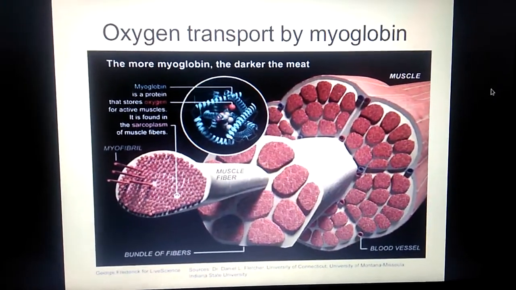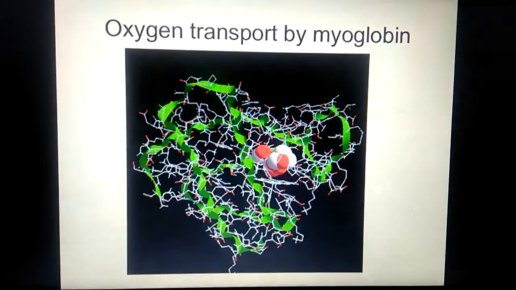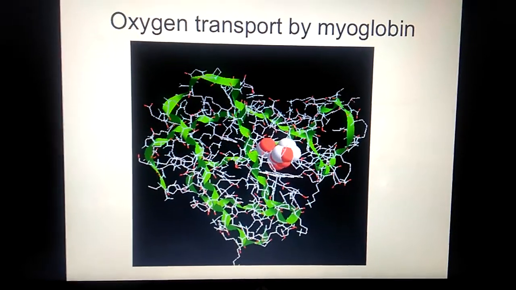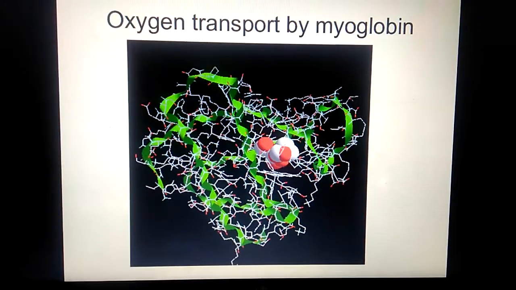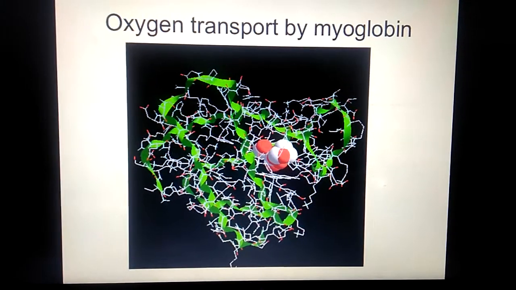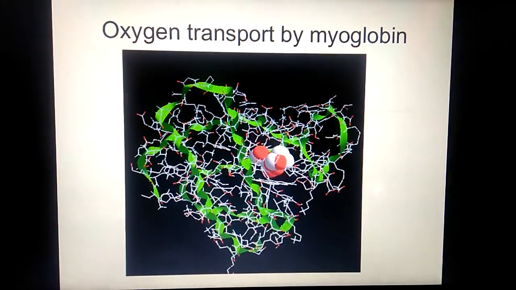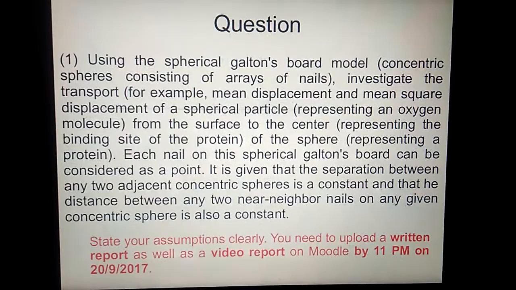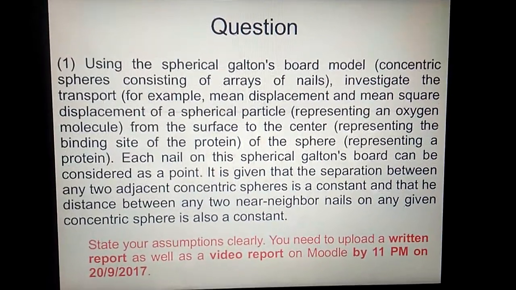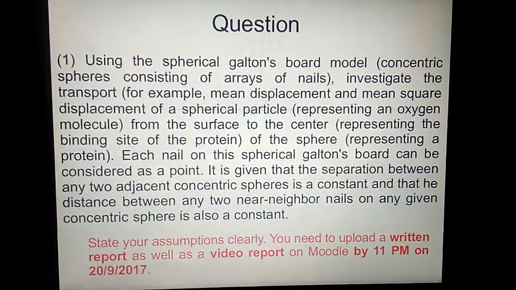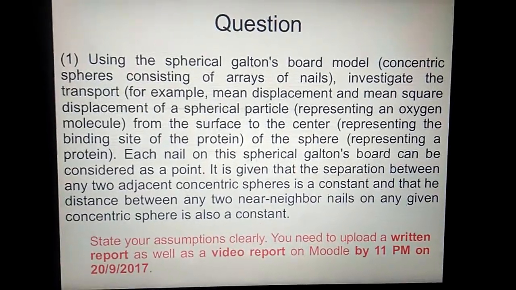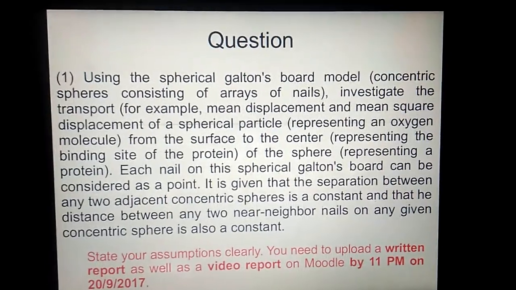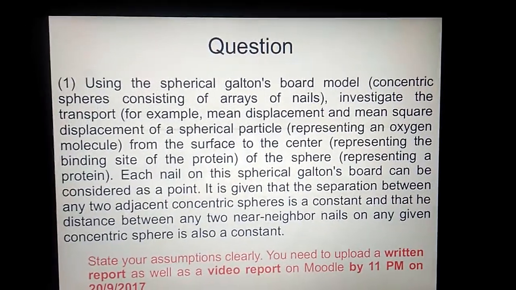This is about what myoglobin does to your muscle, and this is how your myoglobin looks like. That little glob over there, that red and white, that's your oxygen molecule. Using the spherical Galton board model, we are going to look at the transport of oxygen via myoglobin. The spherical Galton board will be none other than our myoglobin molecule,